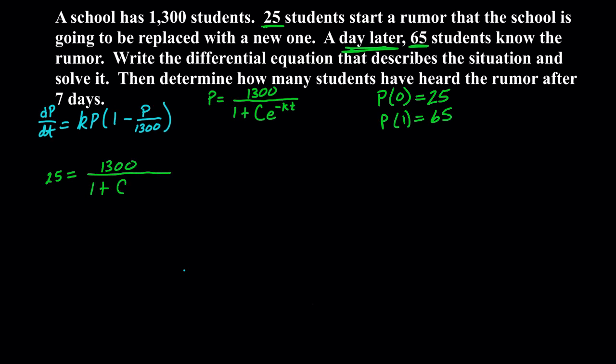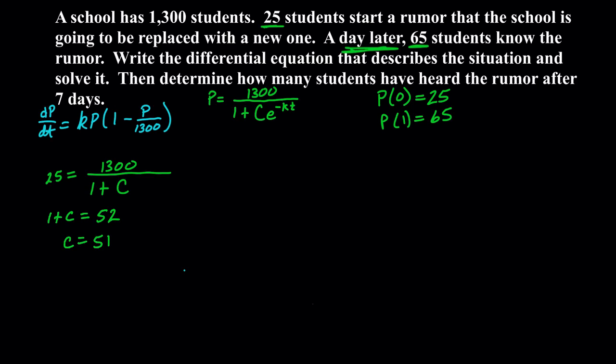over 1 plus C e raised to the negative K times 0, which is 0. And e to the 0 power is 1, so I can really just take that part off, giving us this. Well, that now gives us a way of being able to solve for C. So what I'm going to do is multiply the denominator over to this side and divide 25 over to this side. And that's going to give us 1 plus C is equal to 52, which means C is